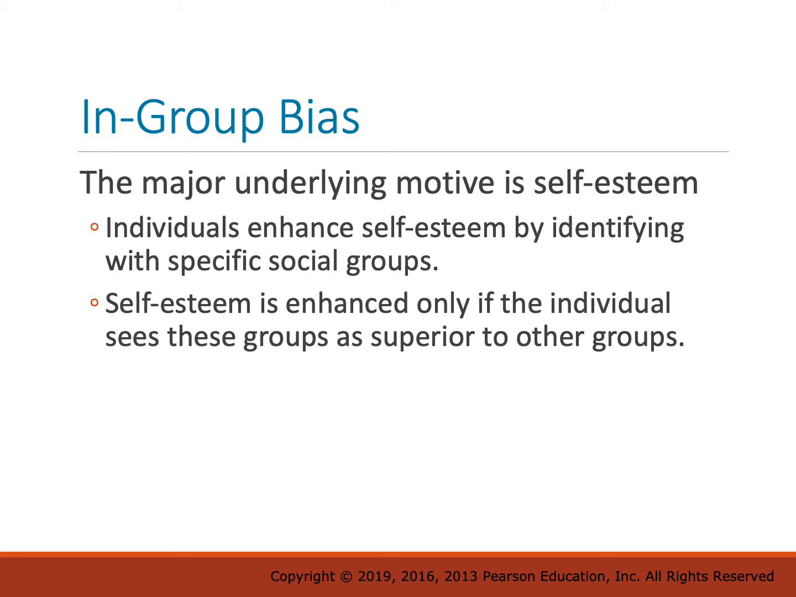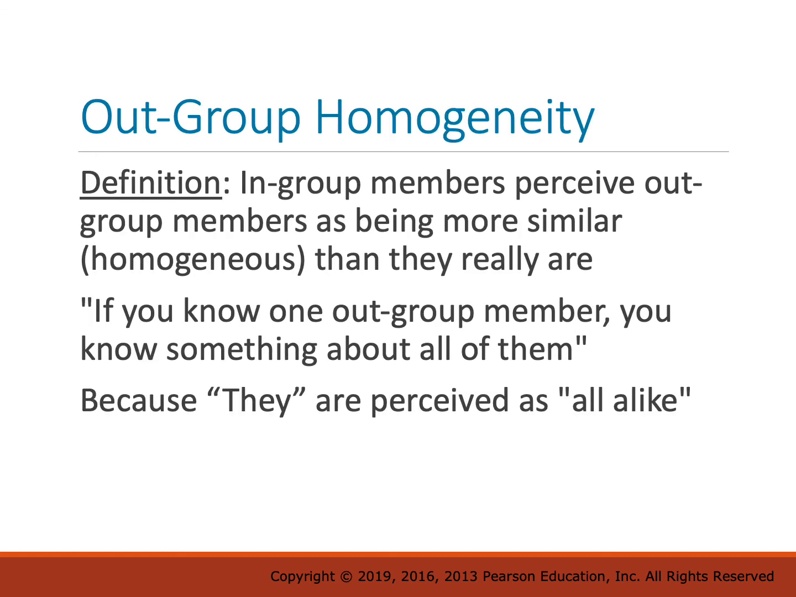So this is different or opposite of another thing we do. Another thing we do is we see other groups as very homogeneous. So we have what's called outgroup homogeneity. So we perceive outgroup members as being more similar, homogeneous than they really are. So if you know one Republican, you know something about them all because they are perceived as all alike, right? So it makes it easier to stereotype outgroups, right? Okay. So as this theory says,